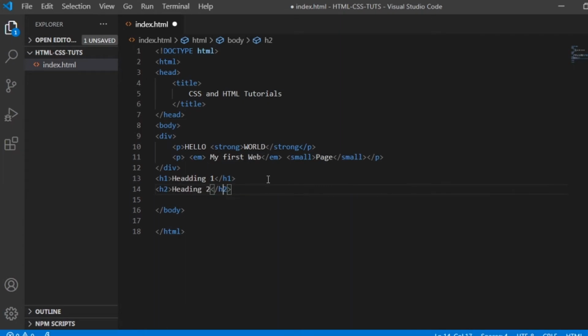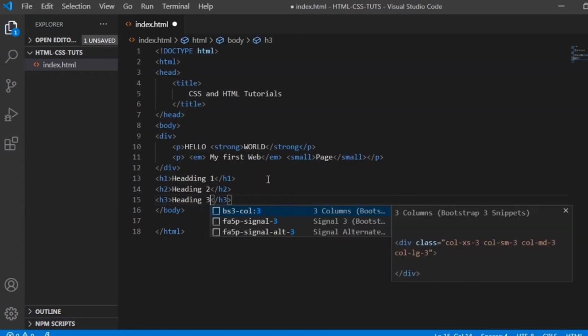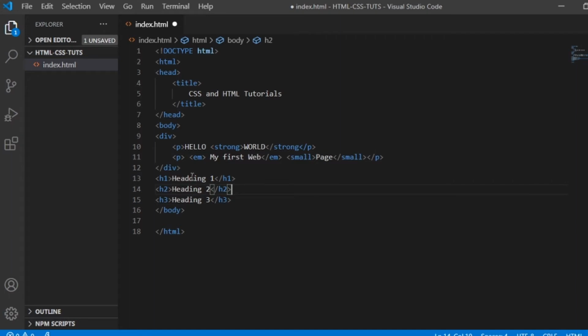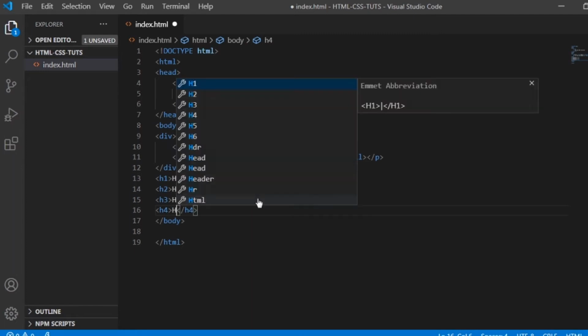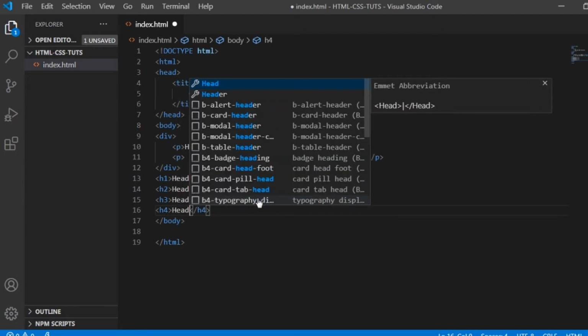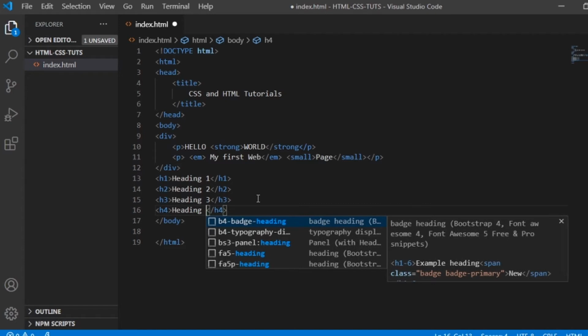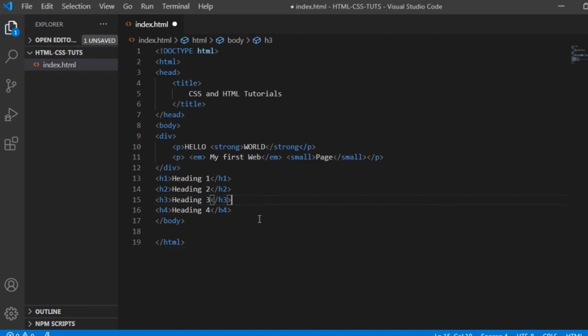So this is heading 2, and H3, heading 3, and heading 4. Okay, so until heading 6.